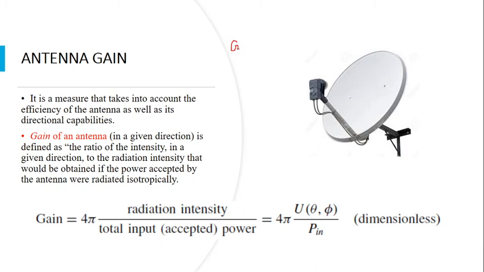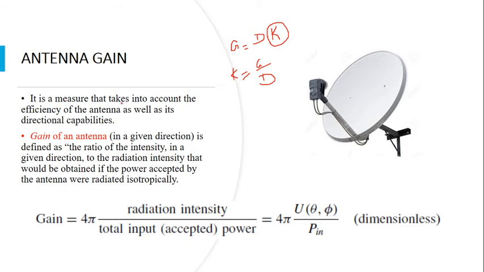So gain actually depends on the directivity of the antenna as well as an efficiency factor K. The efficiency of the antenna is called the efficiency factor. The antenna efficiency factor will be the ratio of gain to directivity. So when the gain is maximum, directivity is also maximum, and then we can achieve a maximum efficiency factor. And K varies between 0 to 1, where 1 implies the highest efficiency of 100%.